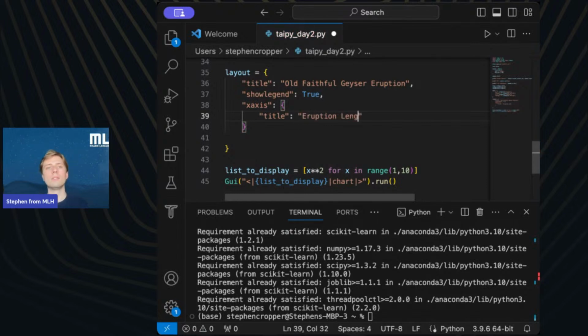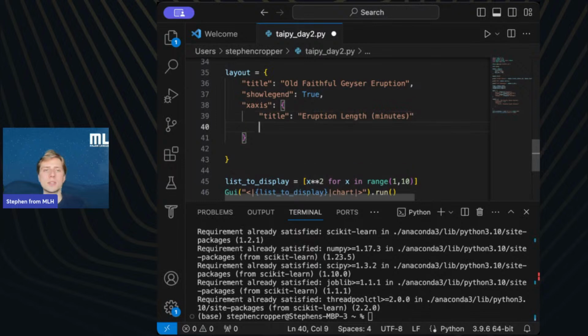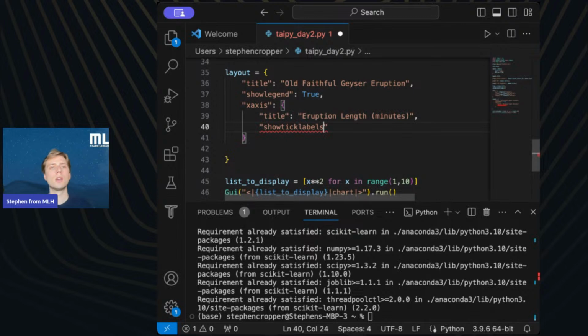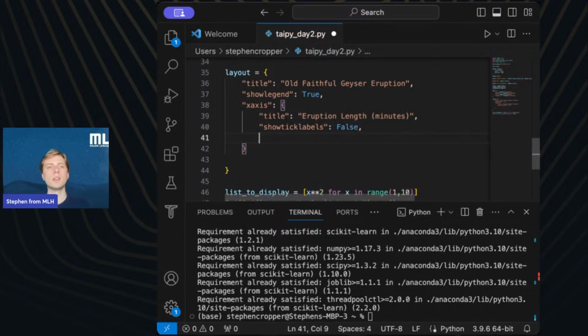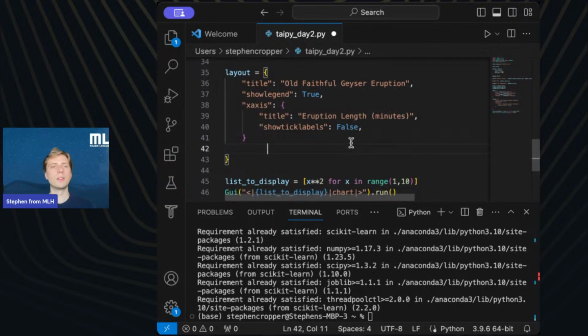So we'll have eruption length in minutes as the title of the x-axis. We'll put show tick labels false, just to show that you can modify whether you want to show tick labels or not. Actually, I think we don't need this part.